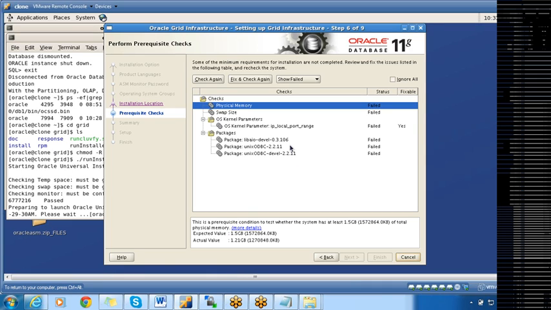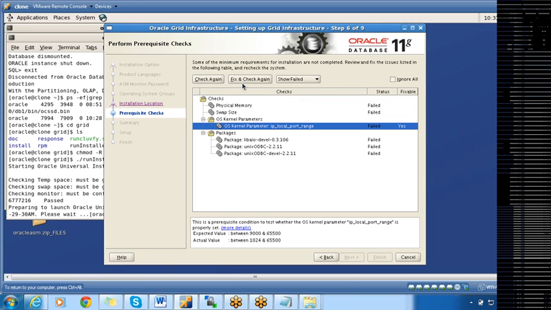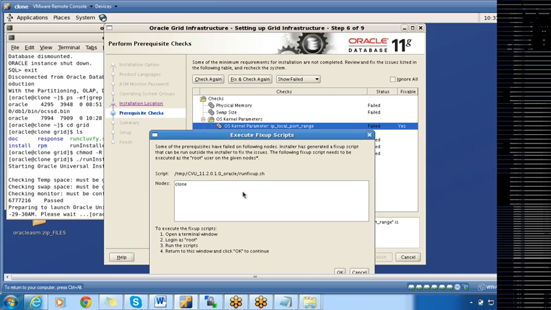Okay. So as I said, for each and every version, there will be different set of parameters. So some of the kernel parameters value should be different here. So I have to go for fix and check again. Okay.